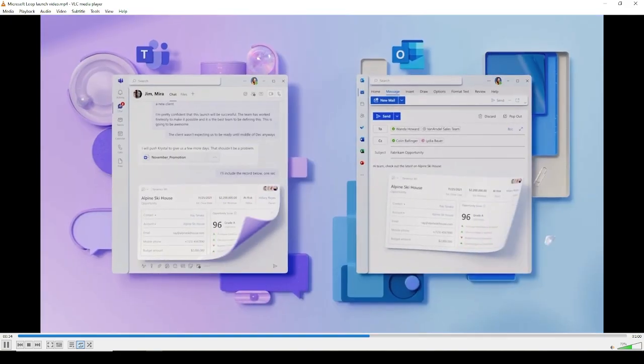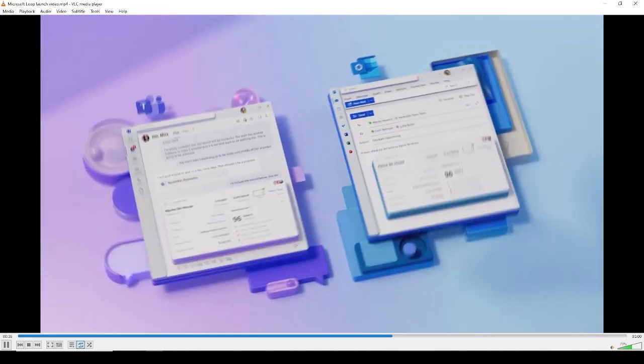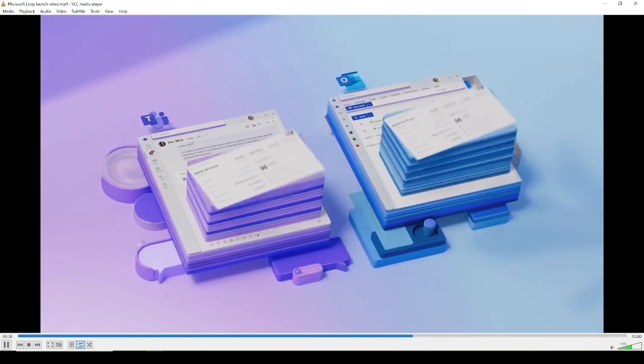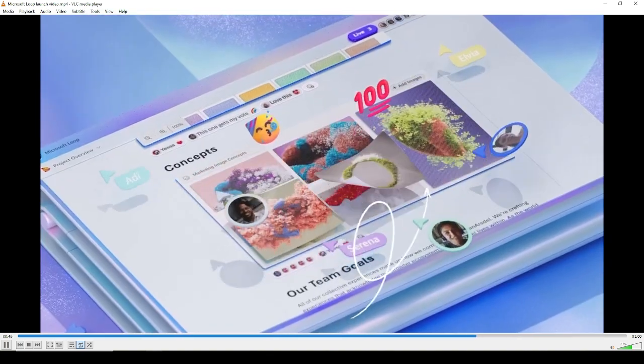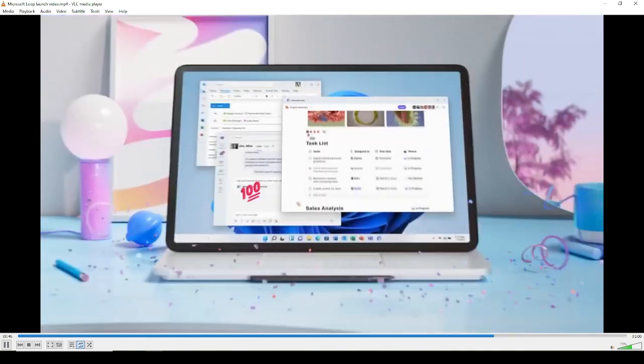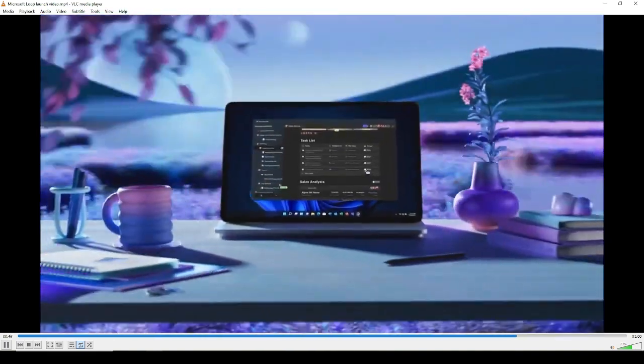Put it back together. Got my head. Got my head. Put